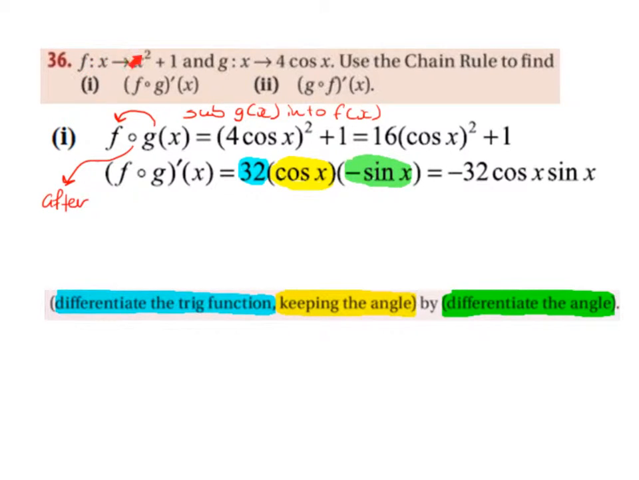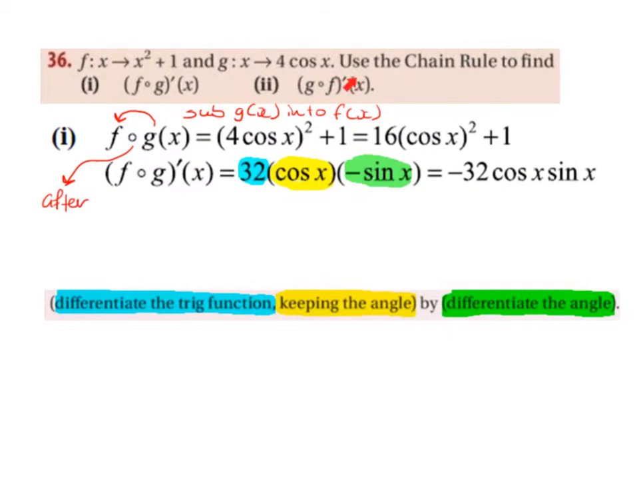f of x maps to x squared plus 1 and g of x maps to 4 cos x. Use the chain rule to find (f after g)'(x), which basically means a composite, so subbing g into f and then applying differentiation. And part 2, (g after f)'(x), so the other way around, so subbing f into g and then